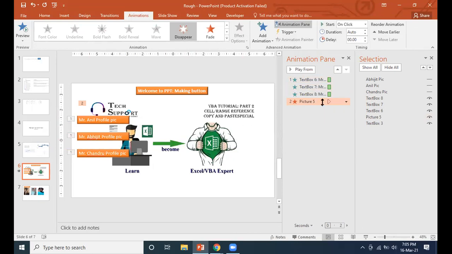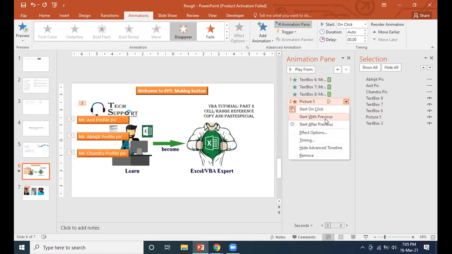As of now, it disappears only when we click on next. But we want it to disappear while doing this one. So how can we make it? You have to go here and start with previous, so it should not depend on the next click.